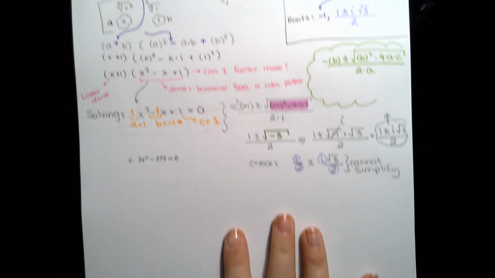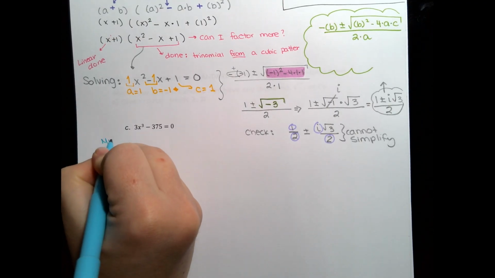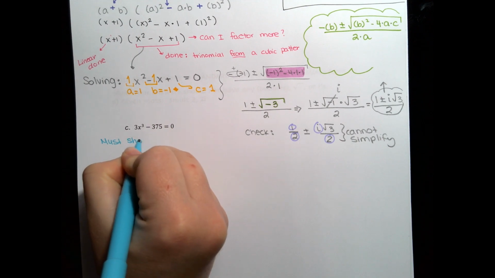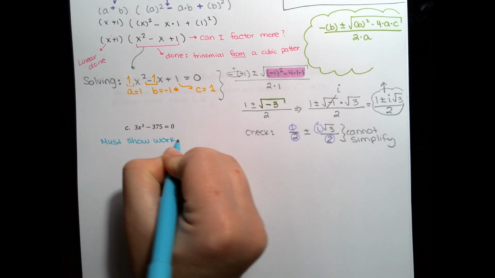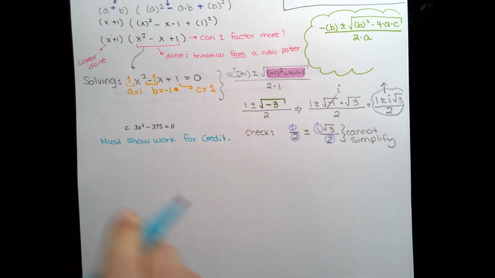Okay. Question number 3, again, is going to be similar to that. Go ahead, and I am going to skip this question. You must show work for credit, and then I will provide you the answers of that. So must show work for credit. And then the answer for that one is going to be,